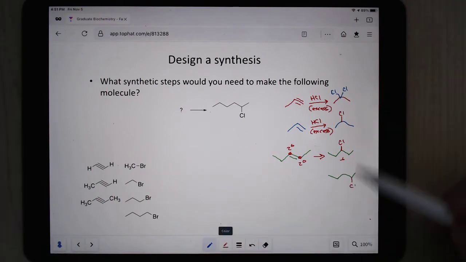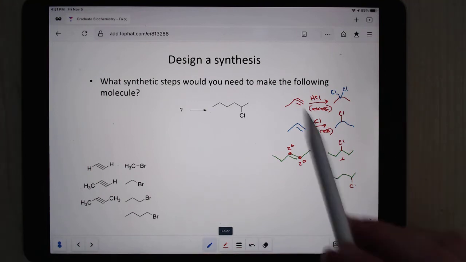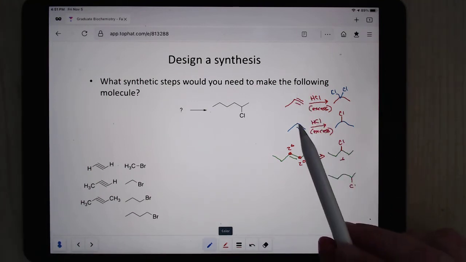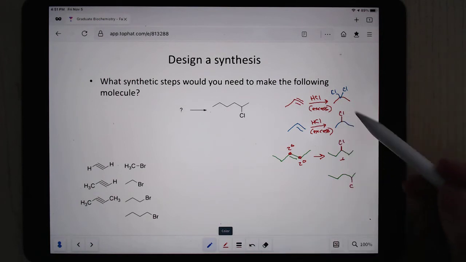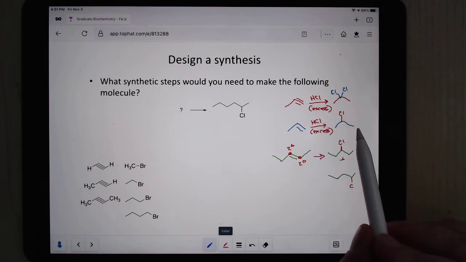Well, we want to try to avoid that. Okay? And so by putting the double bond at the end, we can have secondary versus primary. We can have some preferences. Okay? And so in order to just have it make this product, where it's a methyl group at one end